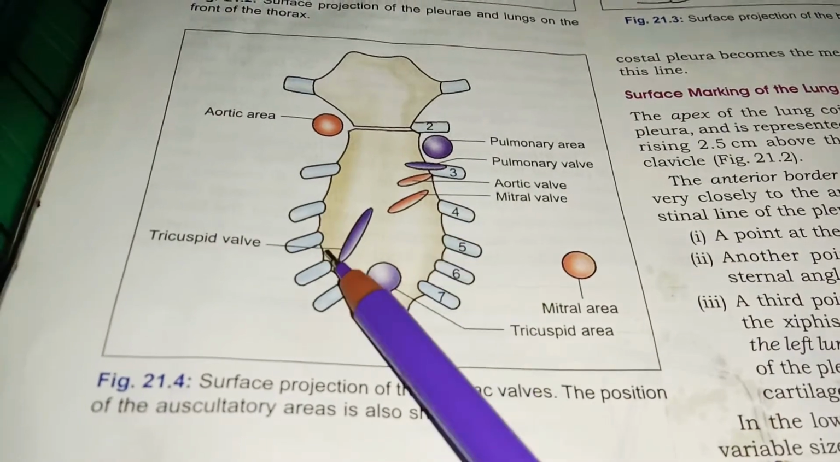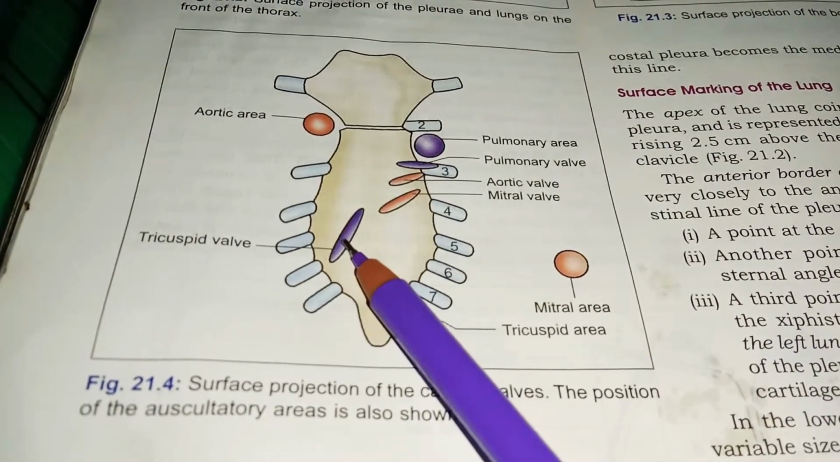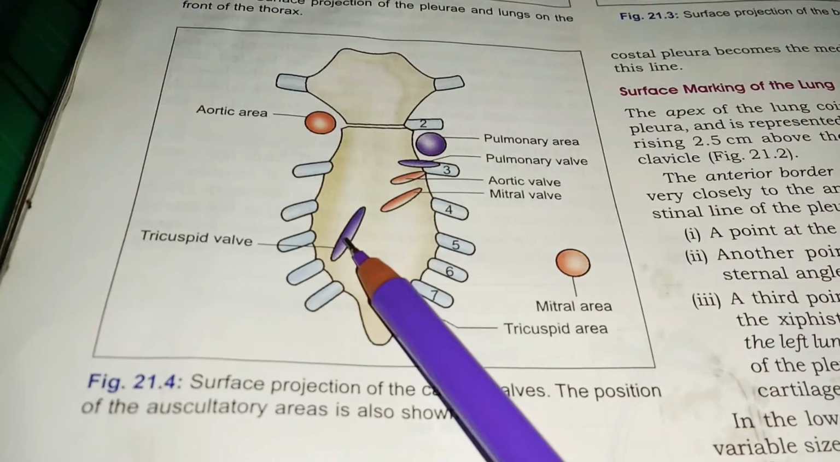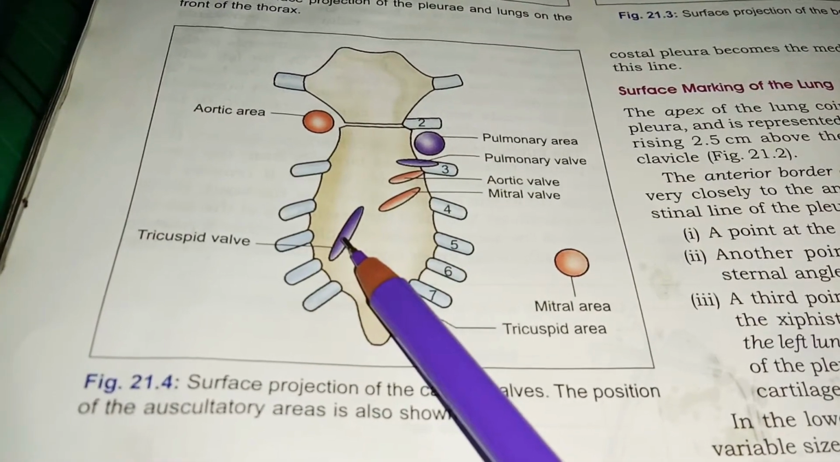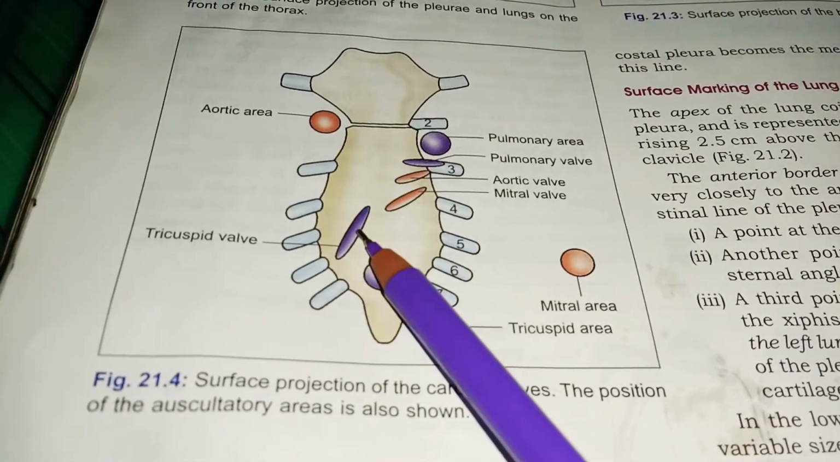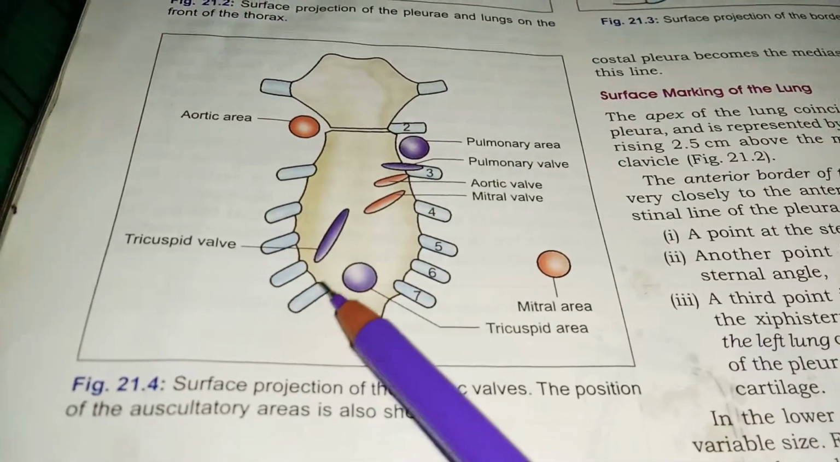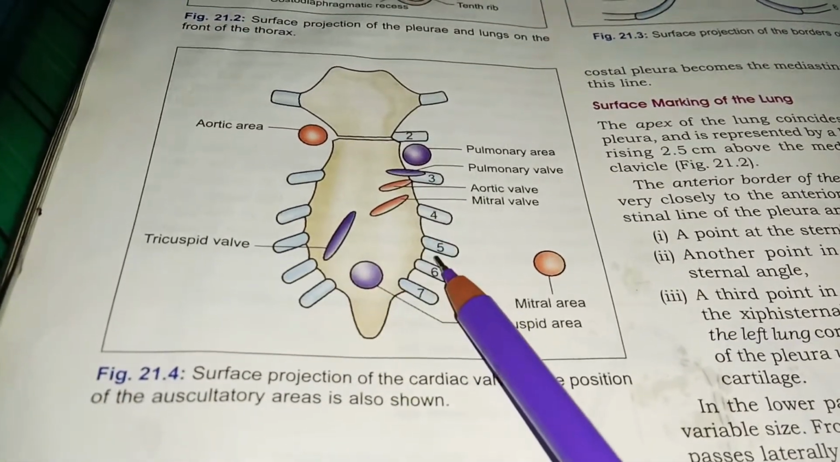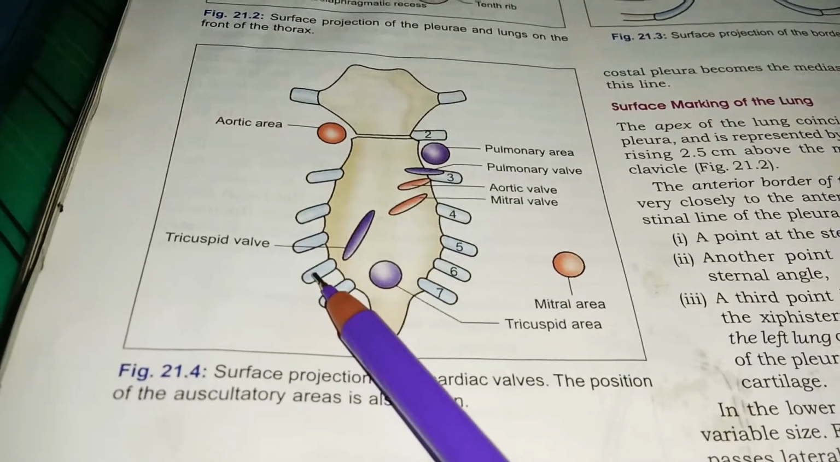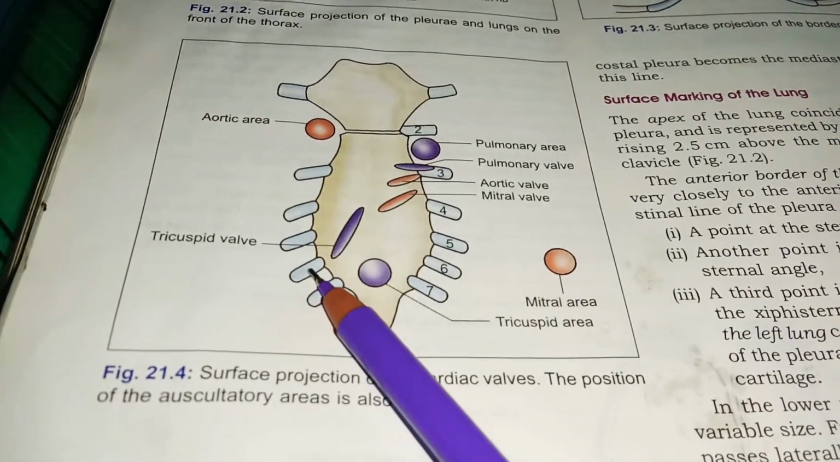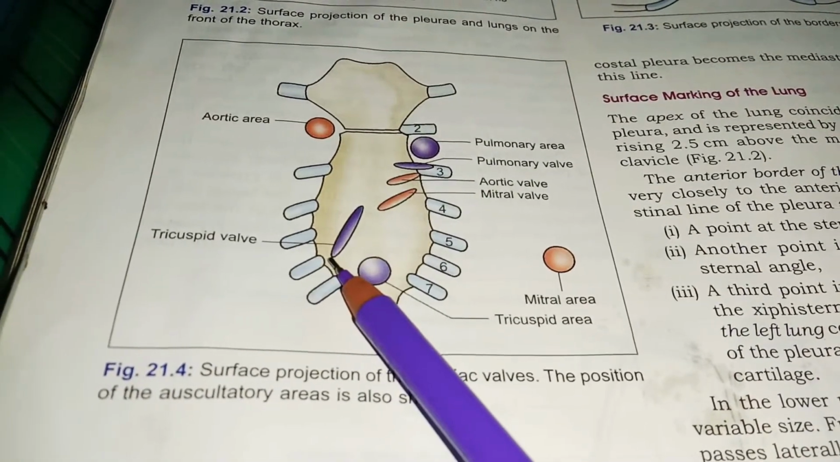Next, you have the tricuspid valve. The tricuspid valve is the most oblique of all valves, being nearly vertical, and it's behind the right half of the sternum, opposite to the fourth and fifth costal spaces. You can see opposite to the fourth and fifth costal spaces, and this can be heard in the lower end of